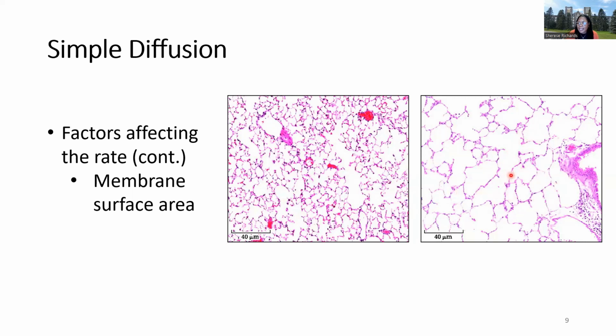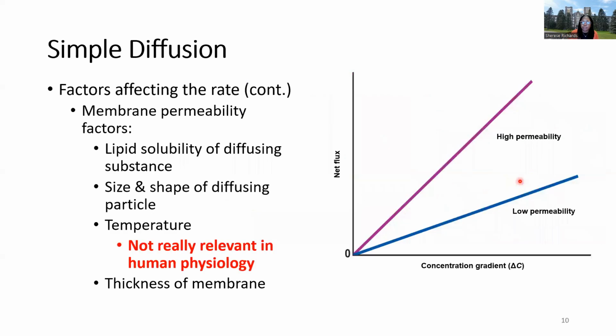So this is a classic example of a factor that will determine the rate of movement across a membrane. If we don't have a lot of surface area exposed, it would just be intuitive to think we're going to see less movement across that membrane. Now, if we think about the other factors that affect the rate here, the third one is the membrane permeability. If we take the membrane permeability and look even closer at other factors that affect the permeability,